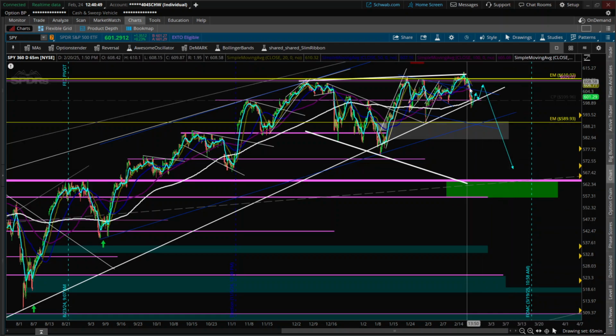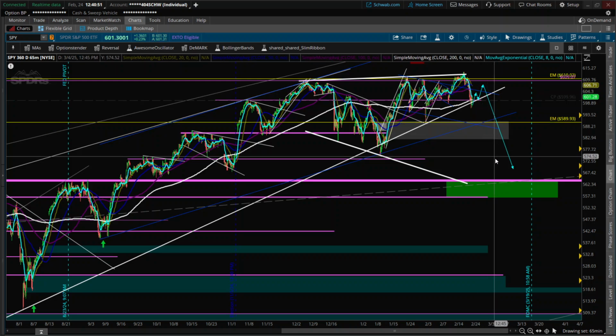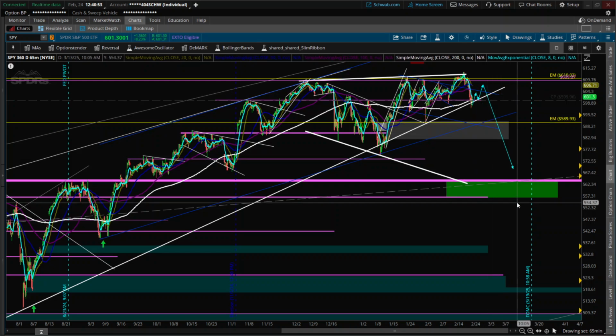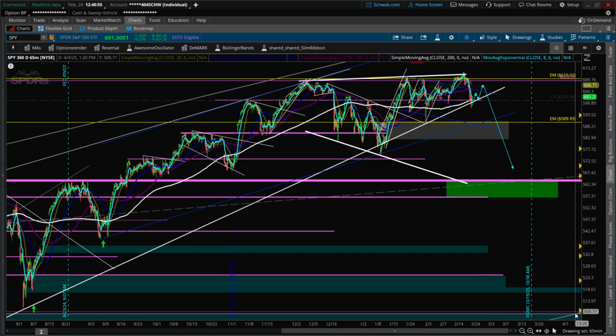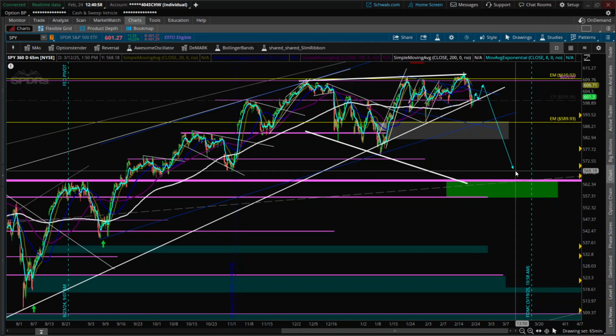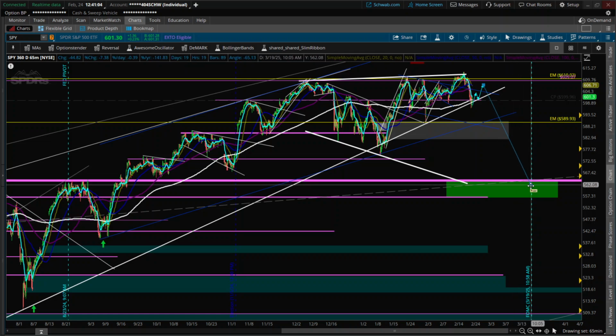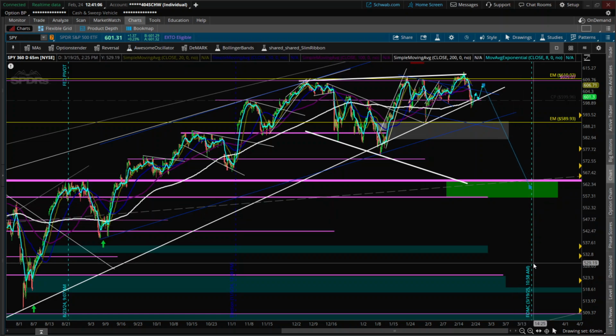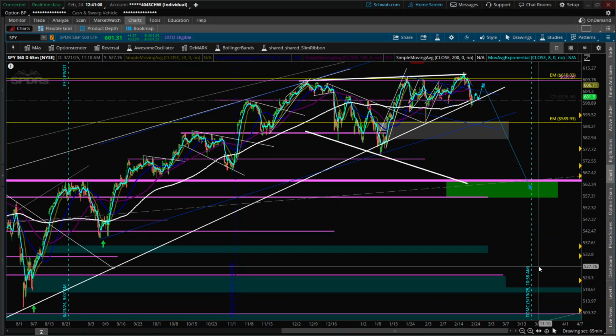But the more shallow the wave 2 bounce, the more deep the wave 3 extension, okay? And I am looking for, and I'll just put on here, I'm looking for a low at or around the FOMC on March 19th, and that kind of fits a daily low there, but we'll see what happens after that because